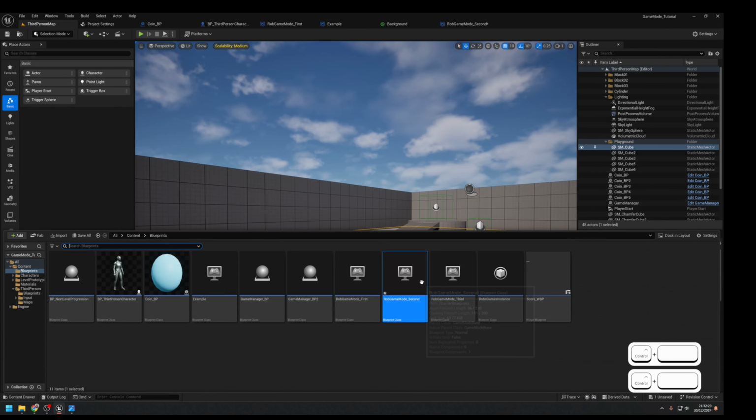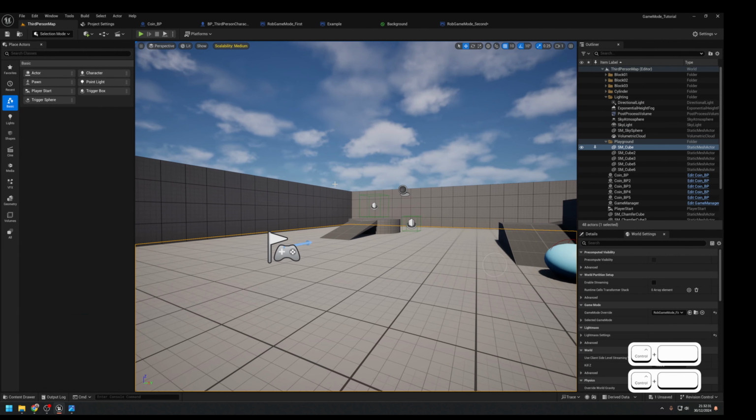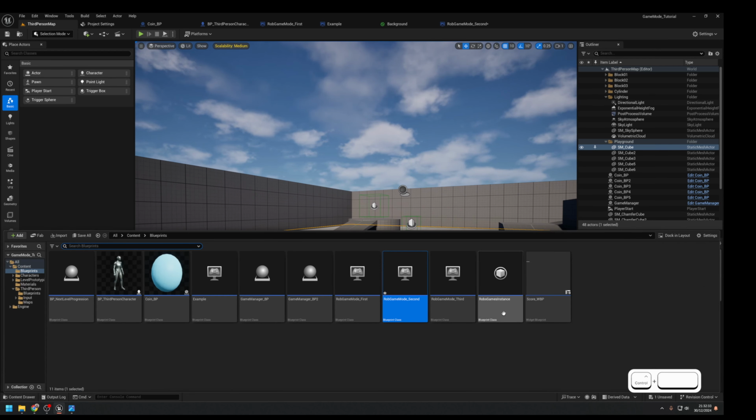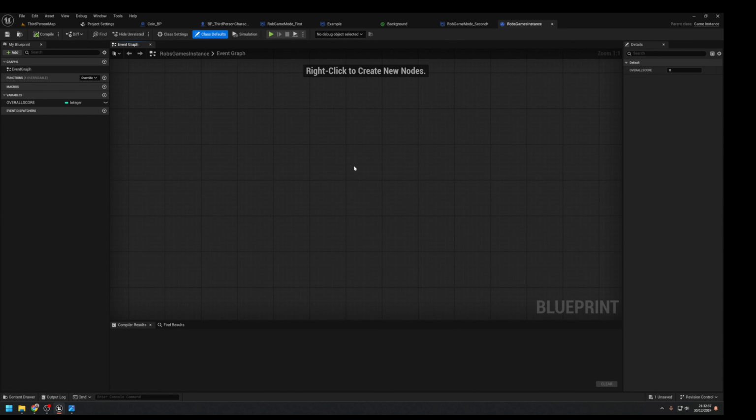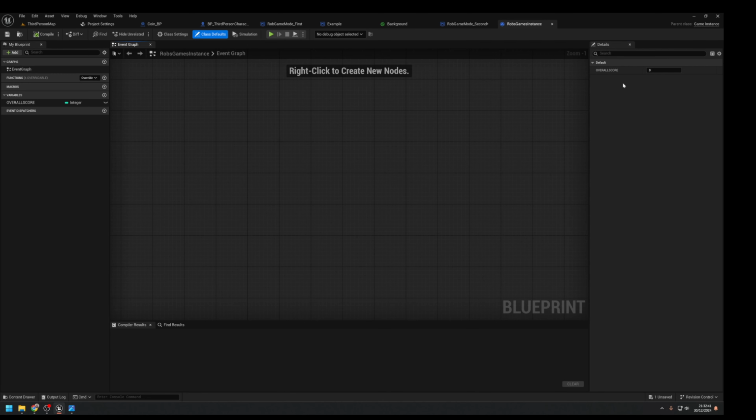In this case, hang on, there we go. We can create here, I have a game instance, so if I open this up, it looks like a blueprint, obviously minus a few traditional aspects. There's obviously not as many variable options or settings, but we can create variables and we can then access those variables. So in this case, I have something called overall score. So all I do in my second game mode